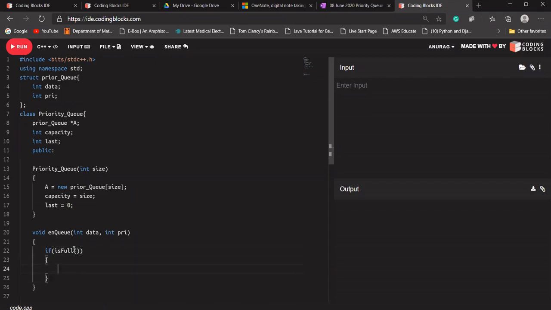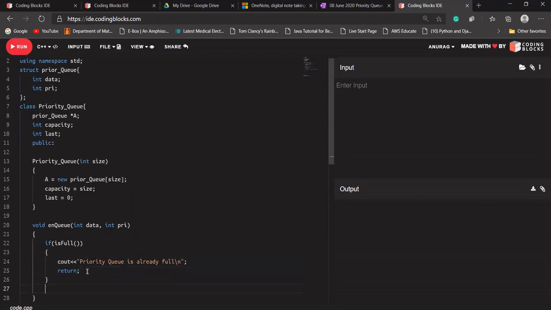So you just print a statement, "priority queue is already full\n", and return from here.